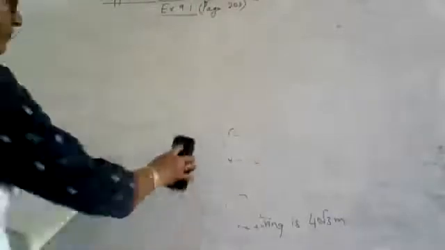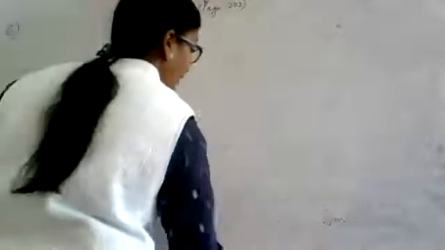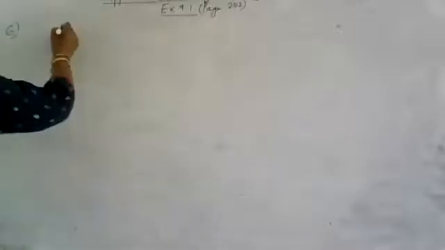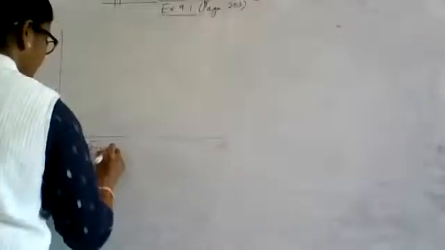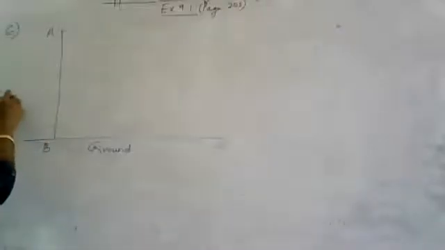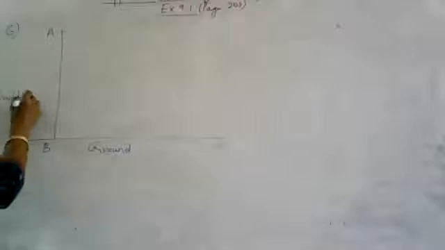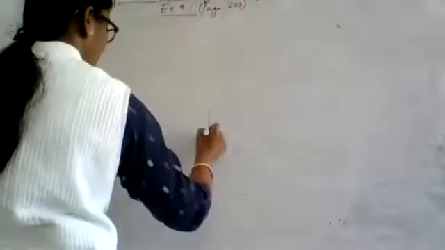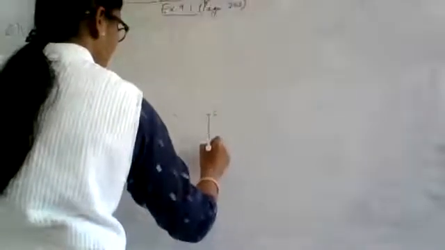Yeah, so there is an observer whose height is given and he is observing another tower, building, okay, 30 meter tall building. So this is my building first. So this is the ground level. I take my building as AB. And there is an observer, a boy is standing. His height is also given. I call it CD.